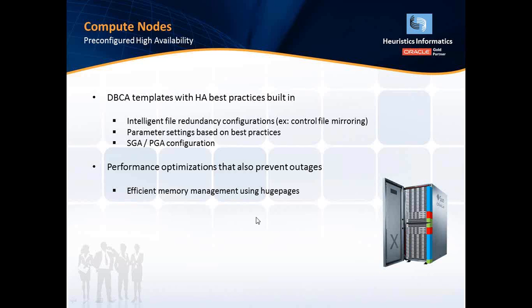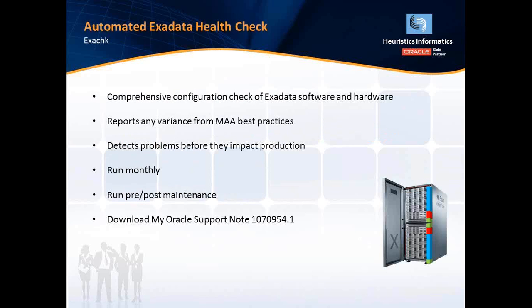Performance optimizations, I mean, we can do better memory management using huge pages. We can configure SGA, PGA. We have what is known as instance caging, which we'll probably get to in the next slide. All right. I think we missed one slide, but basically, as I was saying, we've got instance caging, which allows us to pin a particular database to a number of CPUs on the database servers.